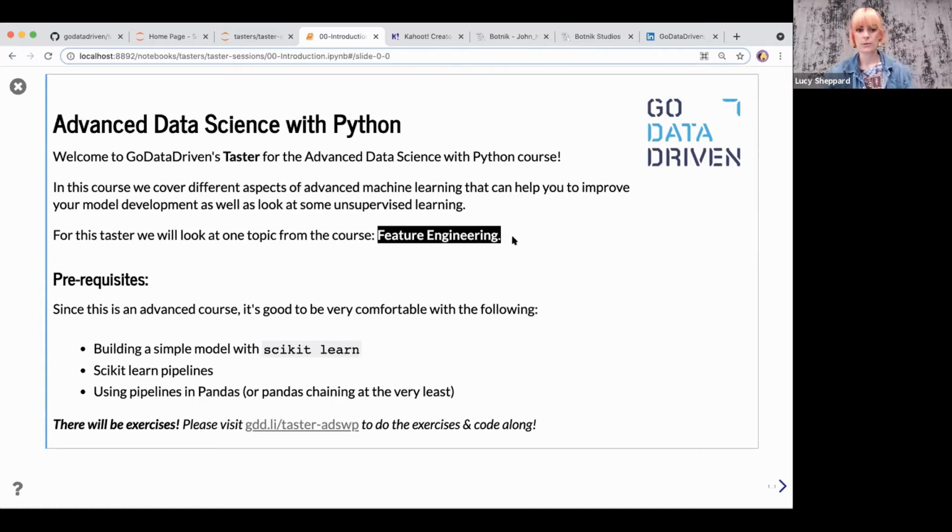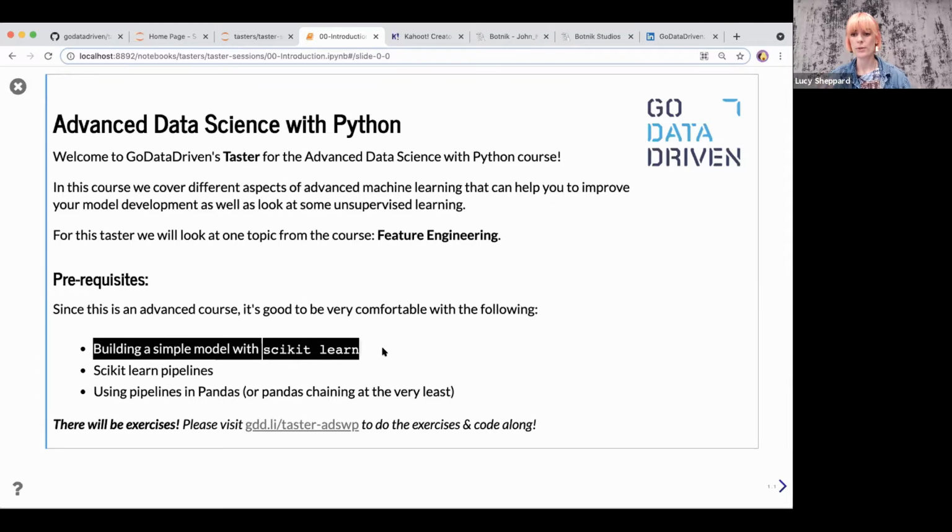Because this is an advanced course, we do have a few prerequisites for the course. They're not like hard prerequisites. We don't mind if you haven't got this background, but it's really useful if you're really comfortable with the following 3 things. So building a model using scikit-learn. We use scikit-learn